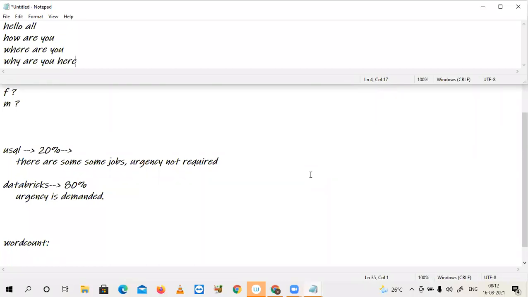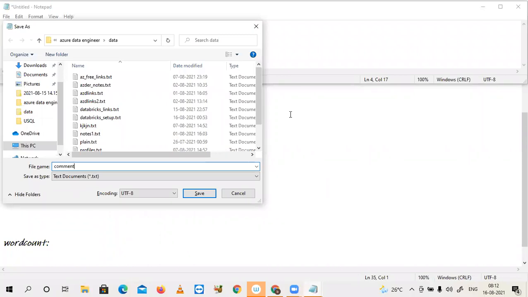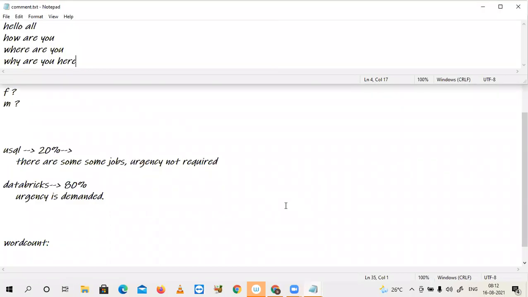Okay, this is simple. Each word is repeated, and I want to count how many times. I'm saving this file as comment. I want to find out word counts.